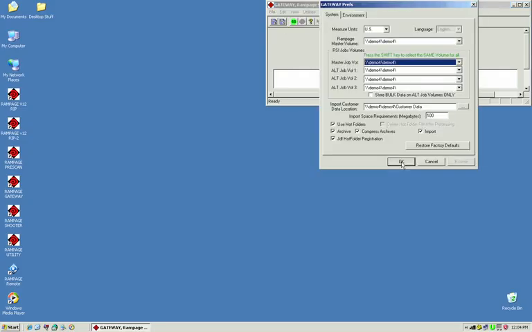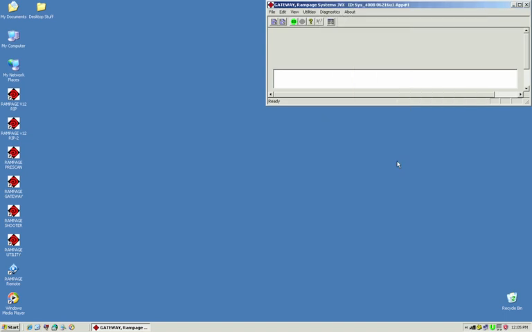In the Rampage Gateway application, you can set the preferences for archiving or exporting. You can also set the compression, which will create a Rampage archive. You can have more than one Gateway application running on a Rampage system. However, you can only have one Gateway application set to do the archiving and compression. For more information on creating and setting up a Gateway application, please refer to the Rampage manual or the instructional